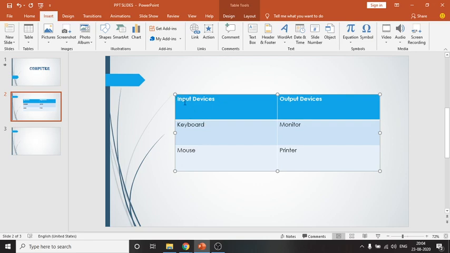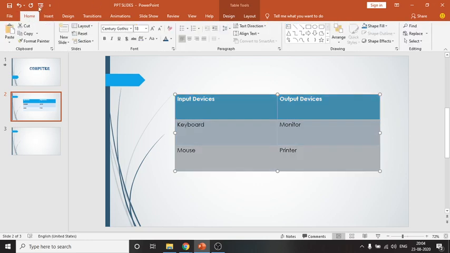Now I want the alignment to be at center to give it a proper look. So I'll go to the home ribbon under the paragraph group. I will go for the center alignment. Then another thing